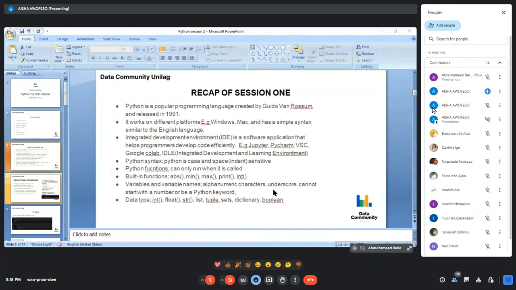So yeah, data types. Every text has a type. For example, a number is an integer, a decimal number is a float. Let's say a text is a string. Then we have lists, tuples, sets, dictionaries, booleans. Booleans are true or false values. Dictionaries, lists, tuples, and sets are very related and they are more special types